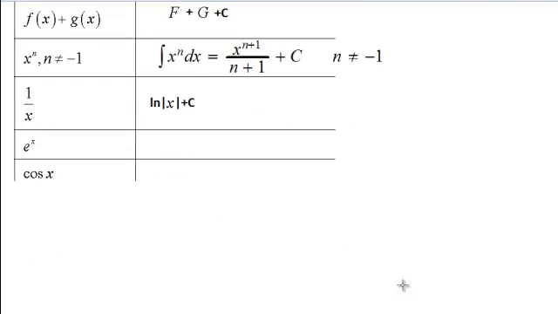Okay, good. So then, oh, this is my favorite, e to the x. I love this guy. Whose derivative is e to the x? E to the x, right? So that's the easiest one to remember, right? Okay, and if I was making your quiz, I would definitely put that on the quiz because I know everyone would get it right, right? You all will get it right anyways, but the thing is, this one